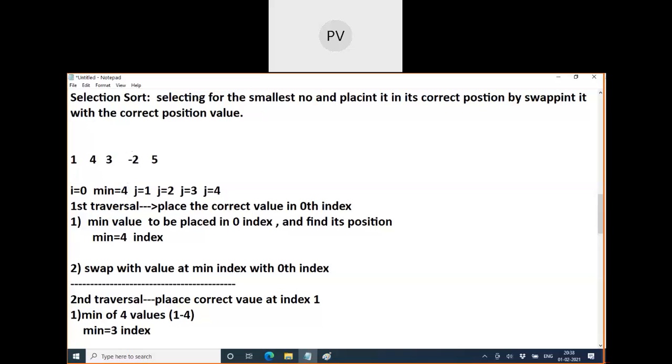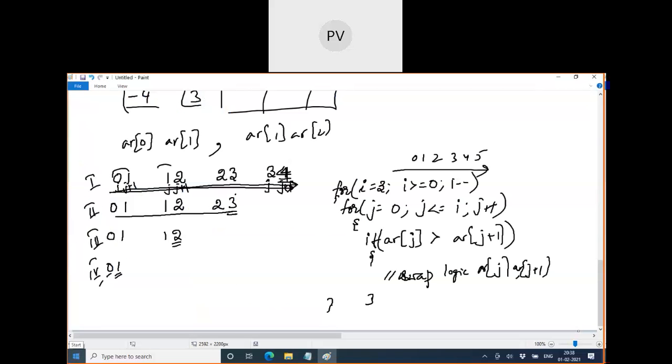I'm just figuring it out. As of now, it is present here. Then I'll check here. Is it smaller? No. Still min is this way. It's just like a brain game, just memorize it. I'm assuming that this is the smallest number present here at this point. Position I'm remembering. Move on to the next number. Is it smaller? No. Is it smaller? No. If it is smaller, what should I do?